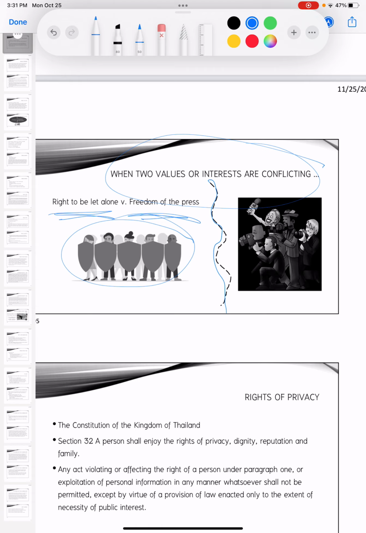So the news, you can put that in the news article, you can put that in the news report. Even if they have an impact at some point on the privacy of that person, that is acceptable under the law. So in that case, which one prevails? Yes, media freedom, which serves the public interest at the end of the day, right? Not the privacy of the prime minister,